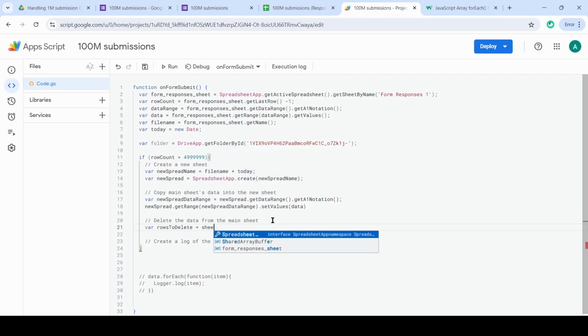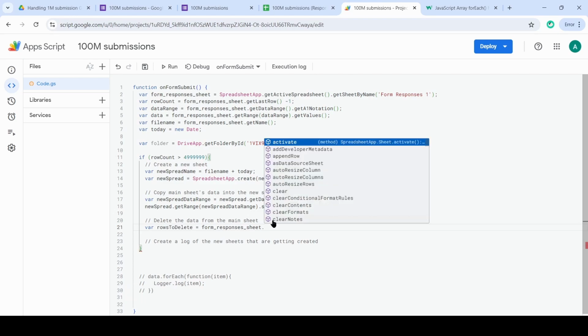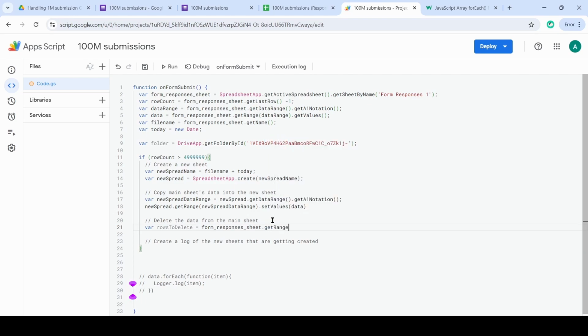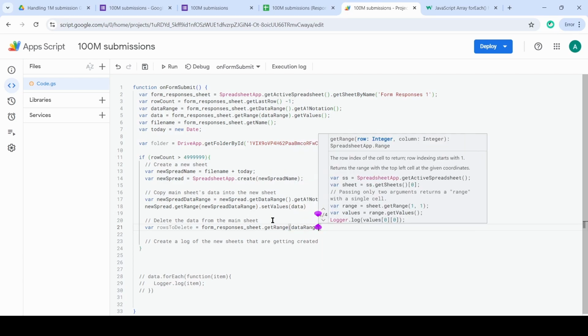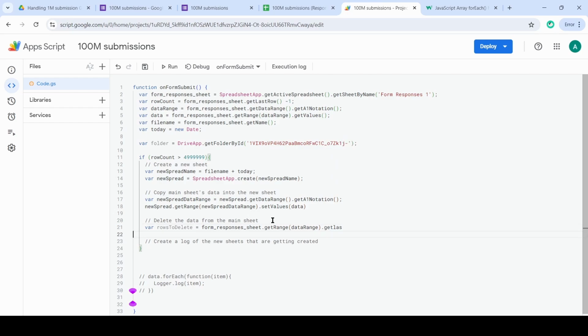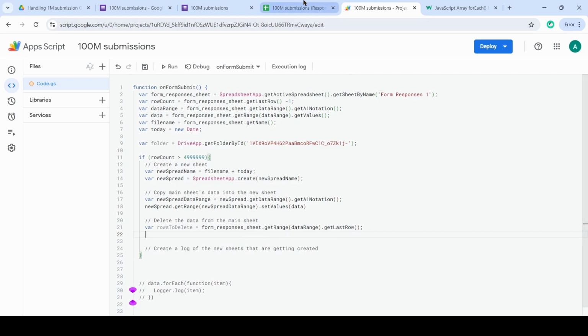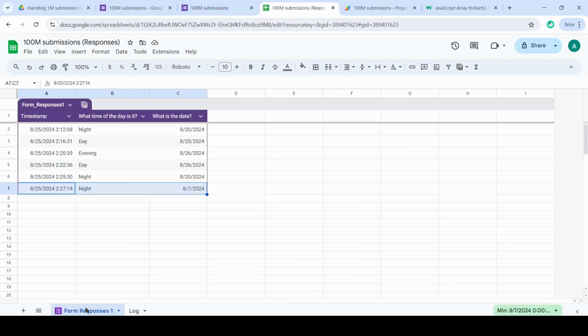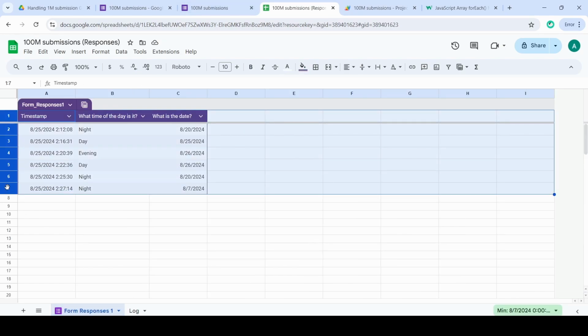I will use form responses sheet dot get range, data range dot get last row. So what we are getting from the data sheet is the last row. From here I want to get the last row. So if 7 is my last row,